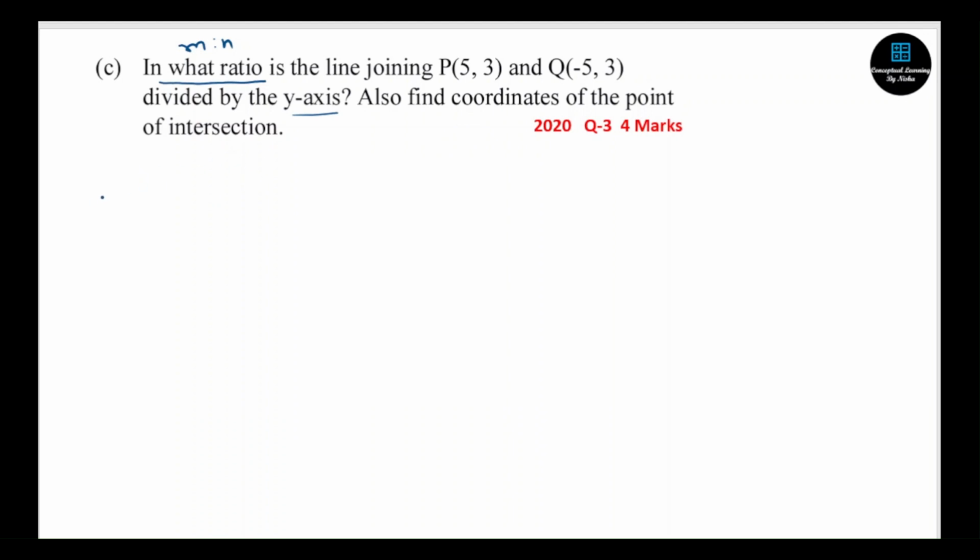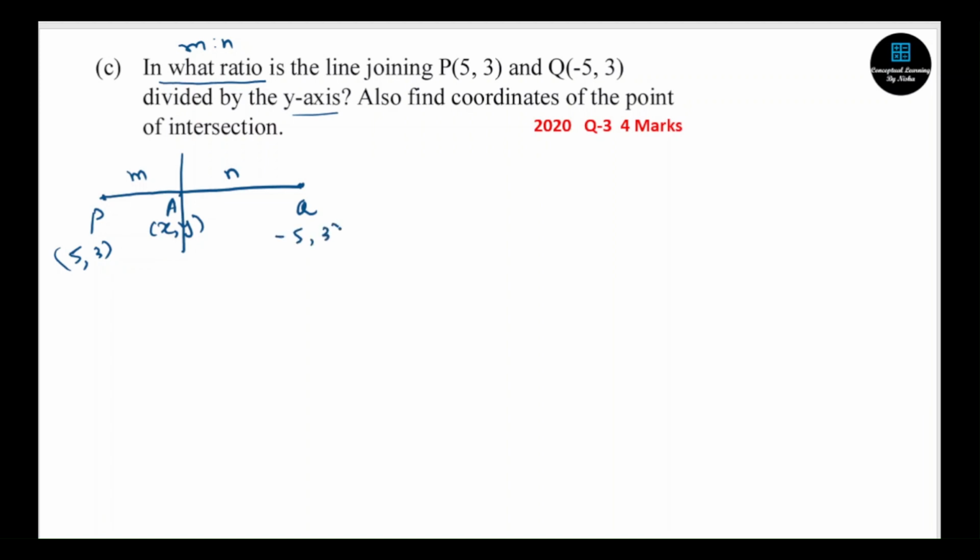Alright. So see, basically it is like this. Points P and Q are given. Some ratio, we don't know what it is. So we'll take m to n ratio. This is point A I am taking. We have to find the coordinates of point A, which are x, y. Also we have to find m and n. And we are given these values 5, 3 and